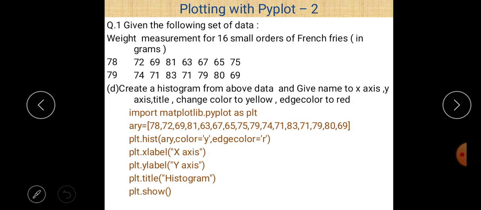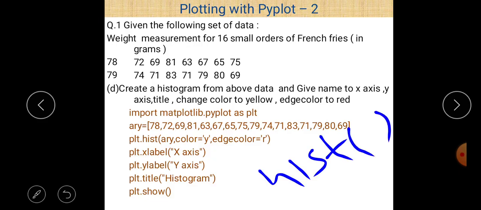But in this case we have to create a histogram. As you know, a histogram is created using the hist method, but in this case certain other parameters should be used, and these are the titles of the x-axis and y-axis, and the color should also be changed: the color is yellow, and the edge color is red.